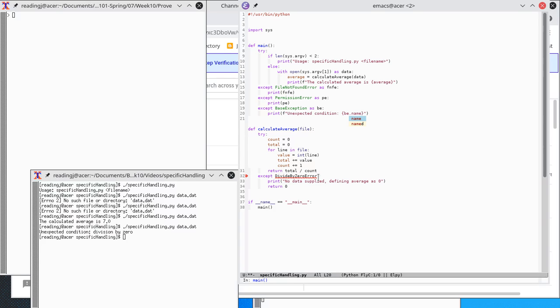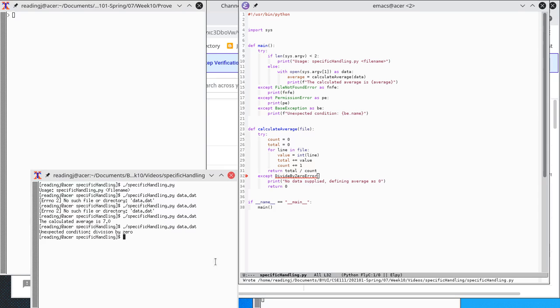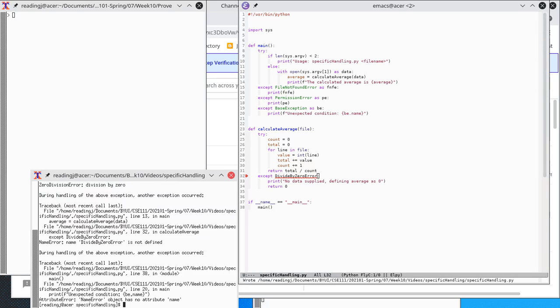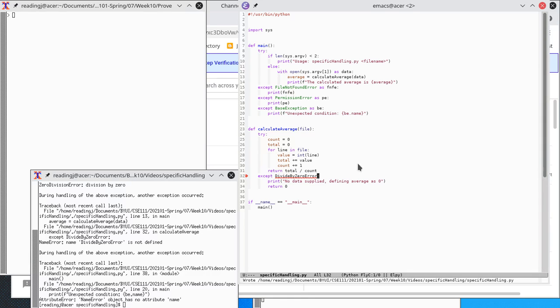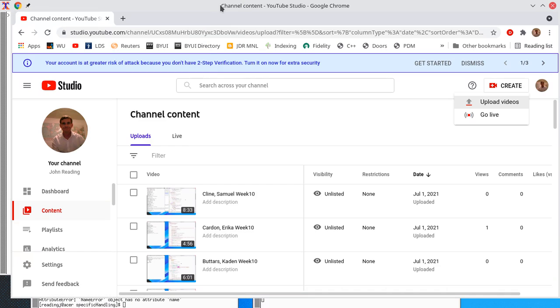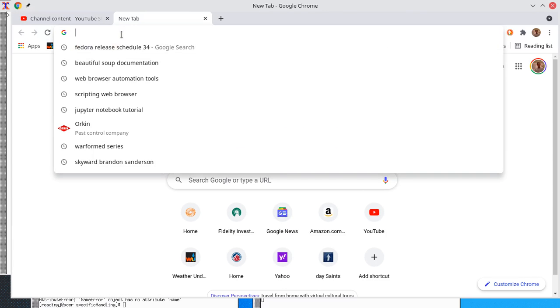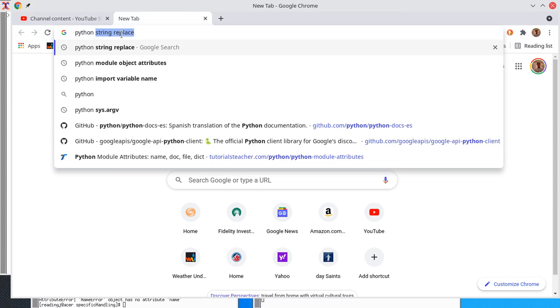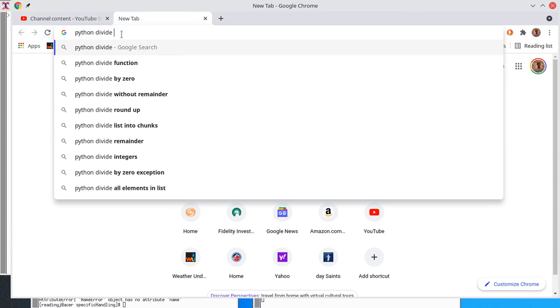Let's try that. Name error has no attribute name. Okay. Gee, I'm going to have to actually go read the directions. Python divide by 0.